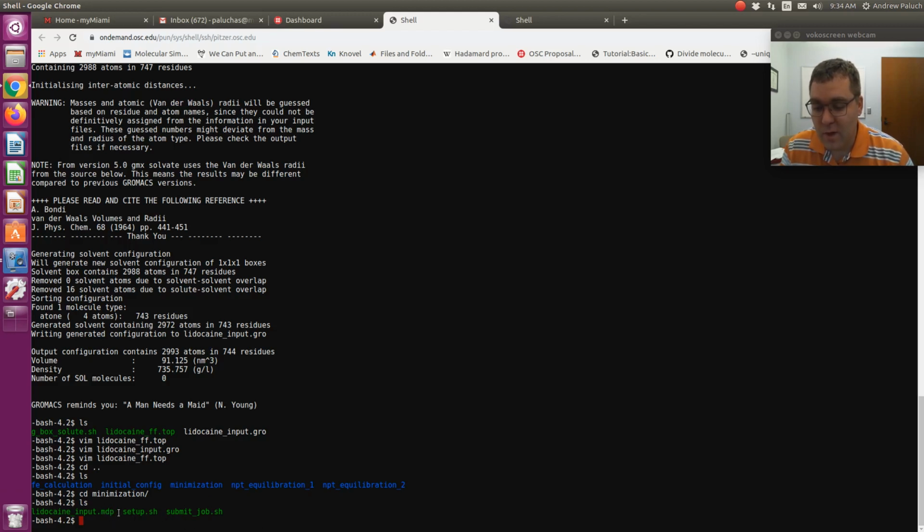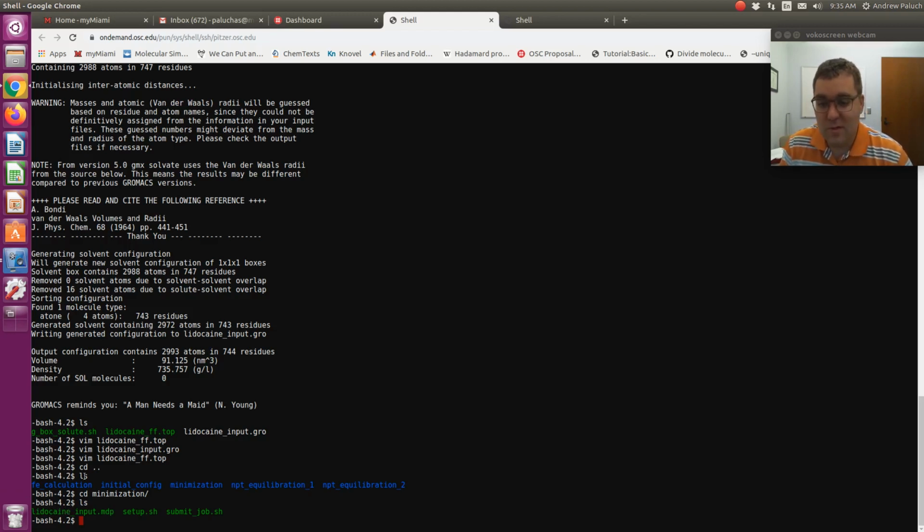So there's an MDP file here. These other 2 equilibration directories will only have an MDP file. When it comes to the MDP, there's nothing in there descriptive of the system. So if I want to repeat this for other molecules, and we'll go through that exercise, you can just use the same MDP file. All that you might have to do is update the name of the file, where here I used lidocaine